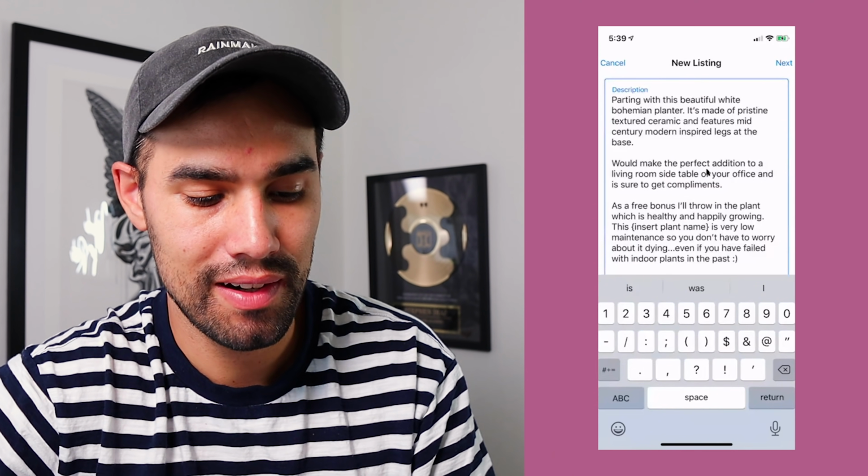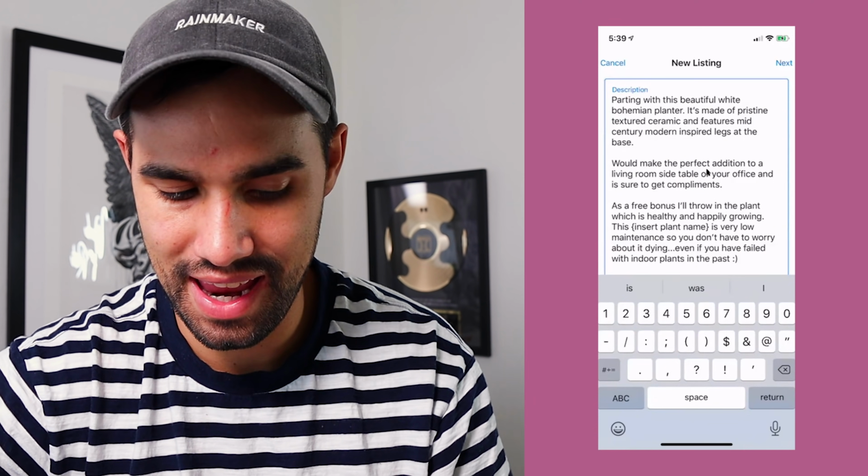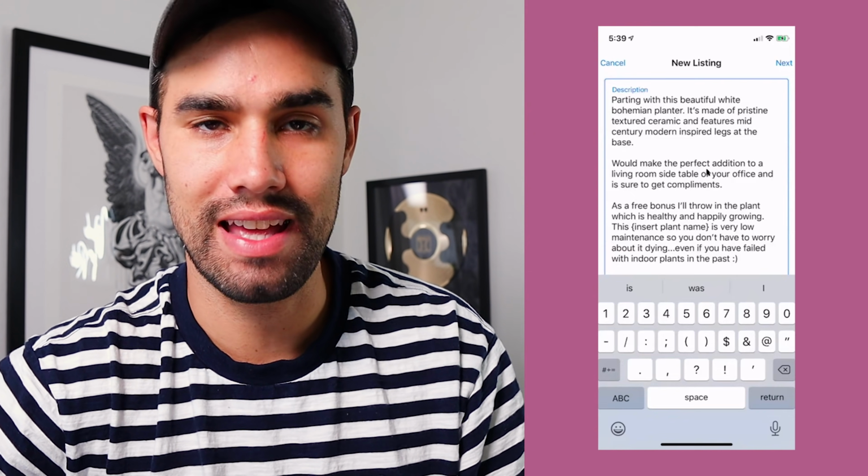I'm gonna kind of explain my thoughts behind it. This is a super simple description. Remember, if you're selling a lot of items, you don't really spend hours on writing these, but you should make it sound enticing so that people are eager to buy. All right, so I said, parting with this beautiful white bohemian planter. It's made of pristine textured ceramic and features mid-century modern inspired legs at the base. I use the word parting with because it sounds like I am regretfully selling this thing and it's a